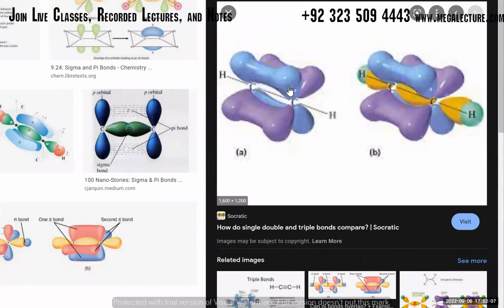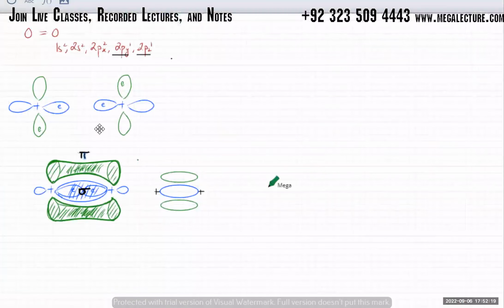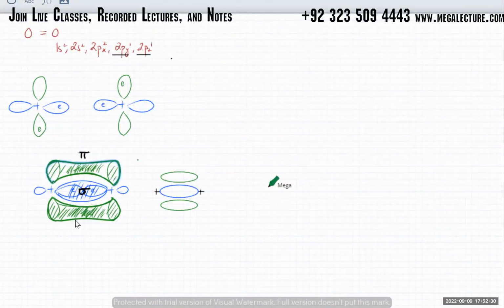Okay, one overlapping will happen on one axis, the other overlapping जैसे blue one है, ठीक है। If you can visualize the blue one के ऊपर से जा रही है और नीचे से जा रही है, ठीक है। Then there's a purple one पीछे से जा रही है और आगे से आ रही है, ठीक है। So over here if I want to picture another pi bond, तो imagine करो कि इस तरह ये green वाला ना, there's another one which is now in a different plane which is towards you, यानी इधर से बाहर आ रहा है, सामने से आ रहा है और पीछे से जा रहा है। तो इसी के ऊपर if I draw,